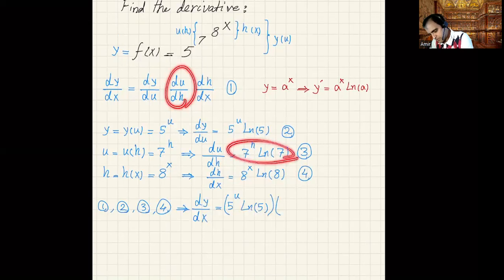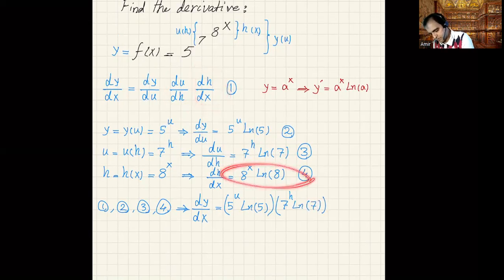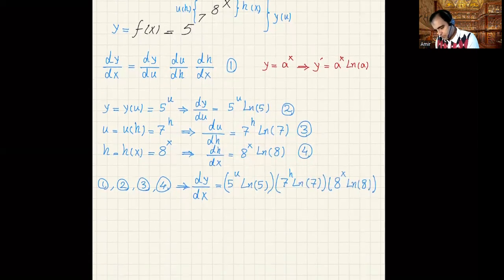This one, which is 7 to the power of h ln of 7. And then the last one, which is relation number 4, 8 to the power of x ln of 8. Okay,